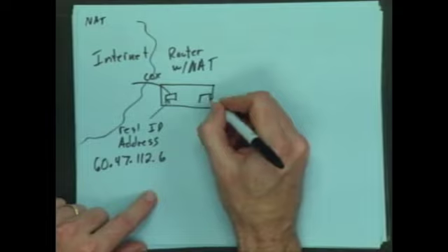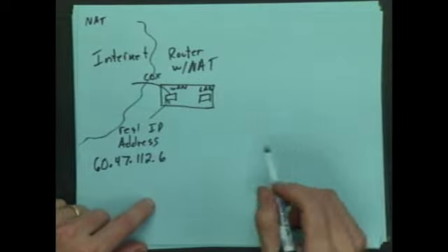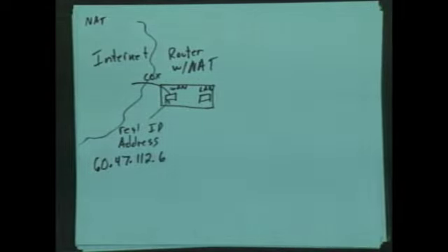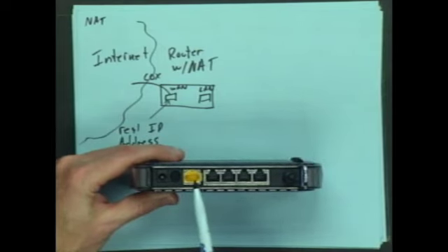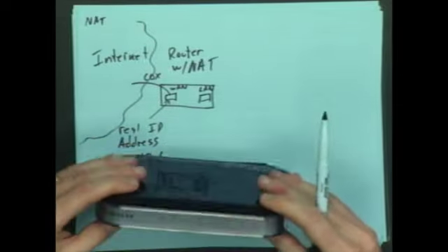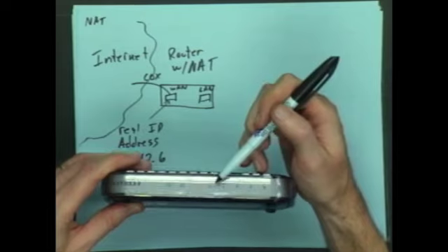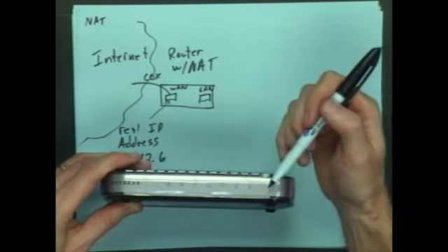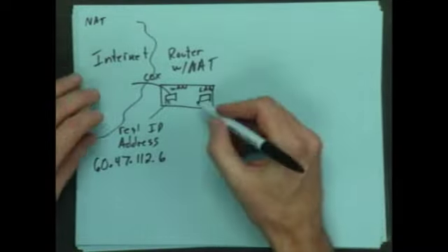So on the other side, on my router, this is my LAN port. By the way, this will say WAN on it. I have a router over here. All right, so here's a fancy router. This yellow one, that's the WAN port that you'd connect to Cox. And then over here, this is LAN. I'm just putting them all together as one thing. If you look at the front, you can hardly see this. The internet connection has a little eye on it. Ooh, that is super glary. There's a little eye with a circle on it, and then the other ones just have a number. So WAN and LAN. So on the LAN side, this is